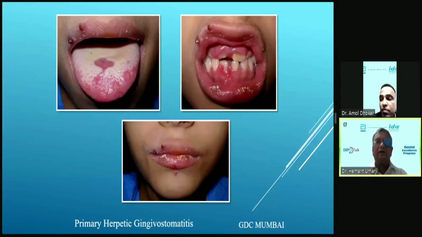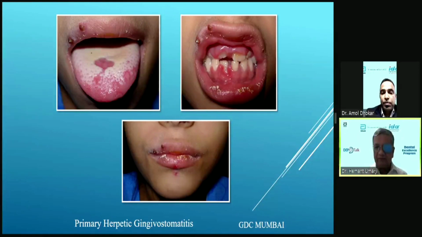Somebody said that Burket says a lesion can be classified as either flat with the mucosa, raised compared to the mucosa, or depressed. If it is flat, it may be pigmentation or some discoloration. If it is depressed, it will be an ulcerative or vesicular lesion, or erosions. If it is raised, then it could be swellings, like the ones I showed you. So that is how you first have to classify, then you go to the classification.